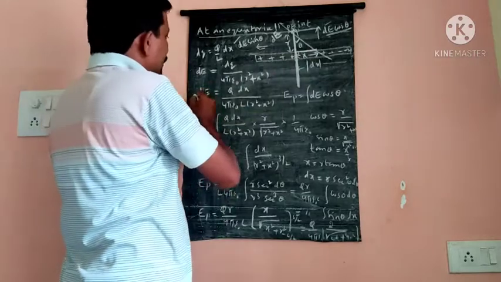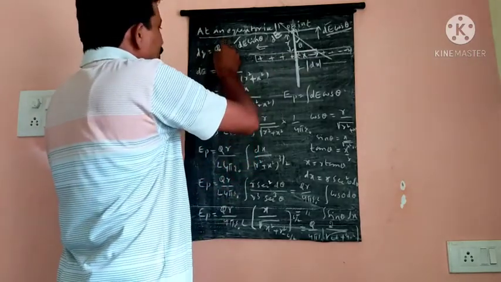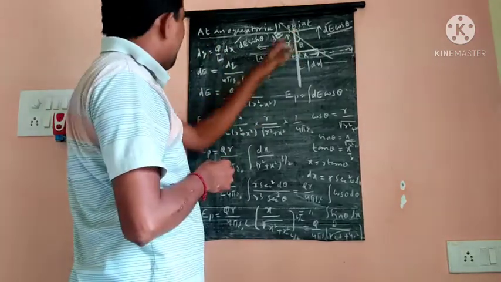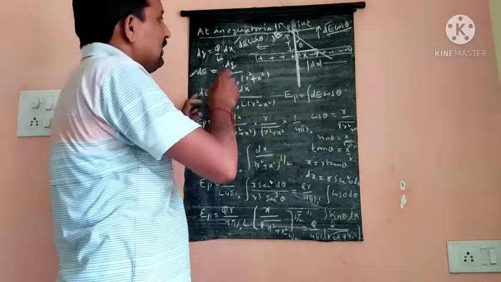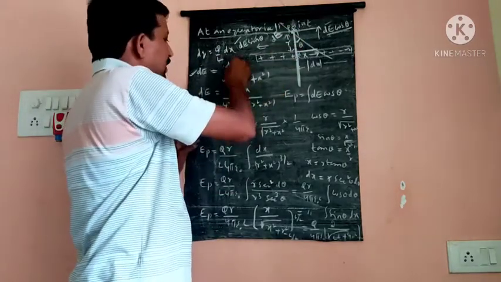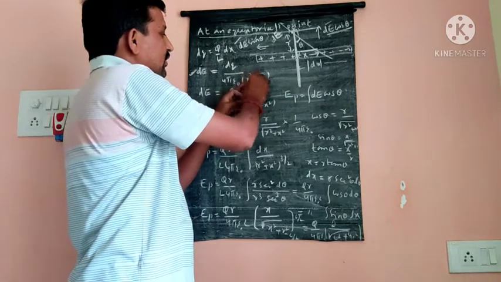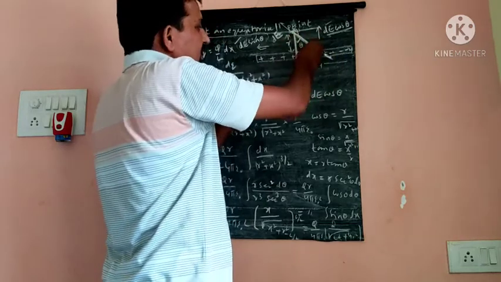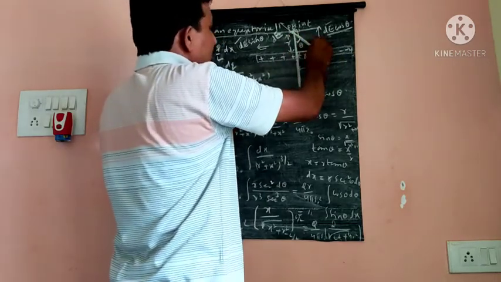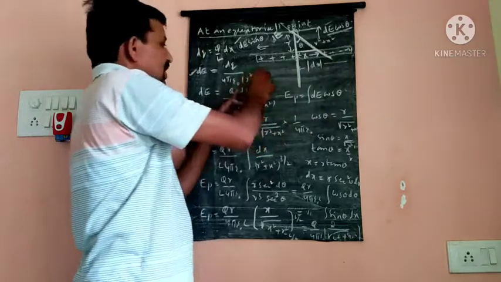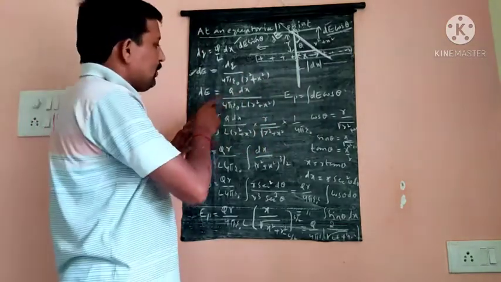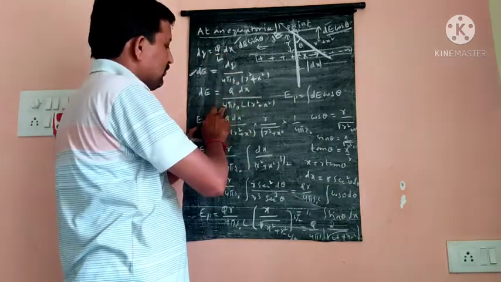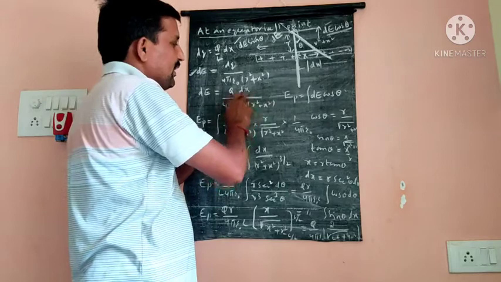Okay, so we know that dq is equal to q by L into dx. This is a point charge located on the rod. So dE, the electric field strength at point P, is dq by 4 pi epsilon naught into the distance squared. Here this is r, this is x. According to the Pythagoras theorem, the distance squared is r square plus x square. So substituting dq equal to q by L into dx, dE is q by 4 pi epsilon naught L into r square plus x square, dx.